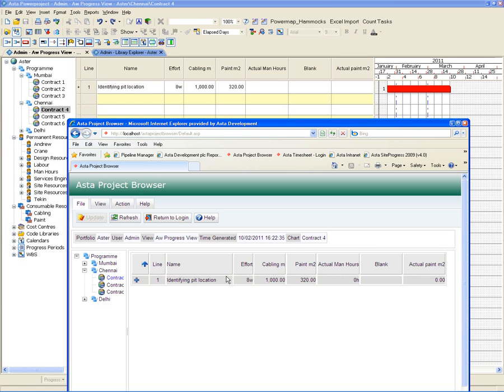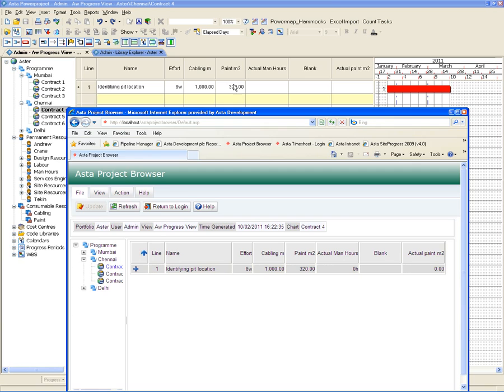So you can see what I've actually done here is in Powerproject I've got a view called AW Progress View, which has got the columns that I've set, and in View in Project Browser I've selected that view so the user only sees this information here. So what I can do is put in the actual man hours that we've done on that particular task, so maybe 20 hours in this progress period,